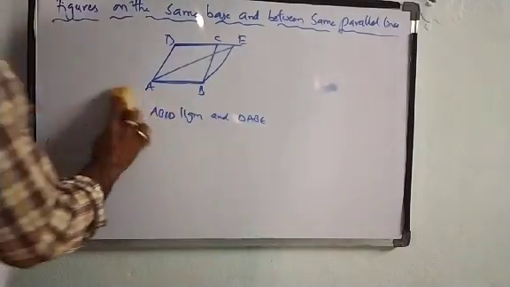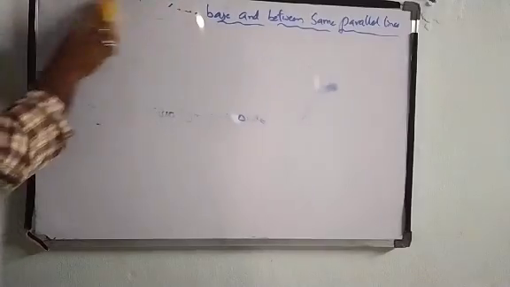Okay, that all comes under exercise 9.1, figures on the same base and between the same parallel lines. We just need to identify in the total exercise whether the figures have the same base and whether they are between the same parallel lines. Now let us discuss one theorem,